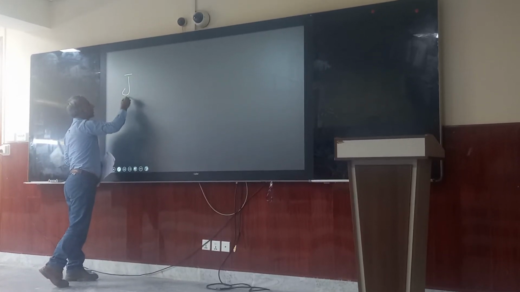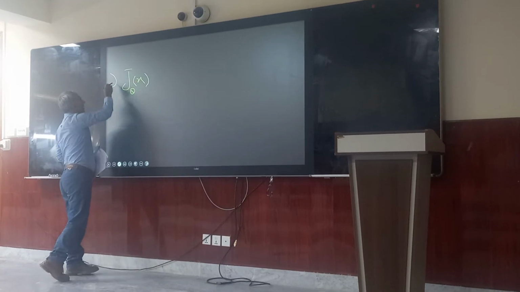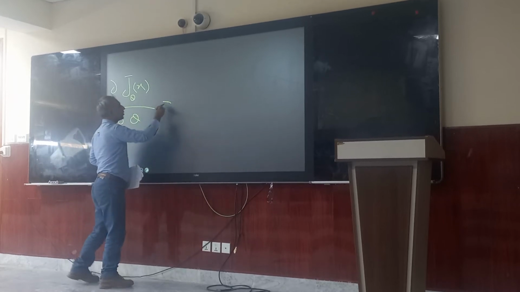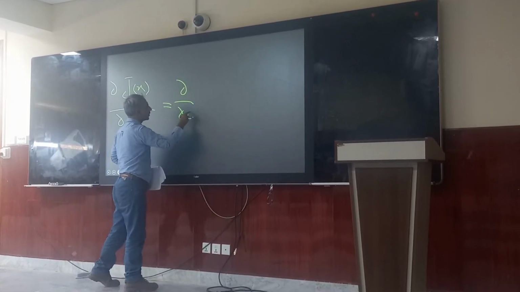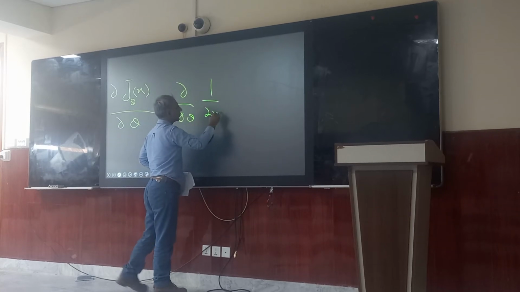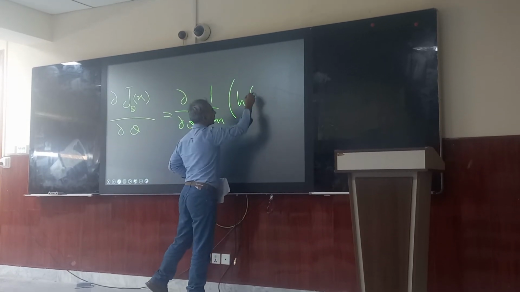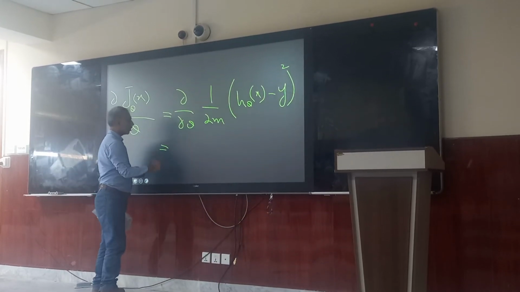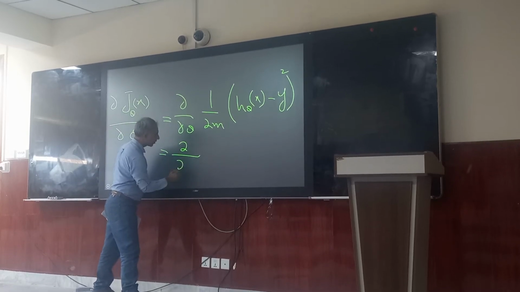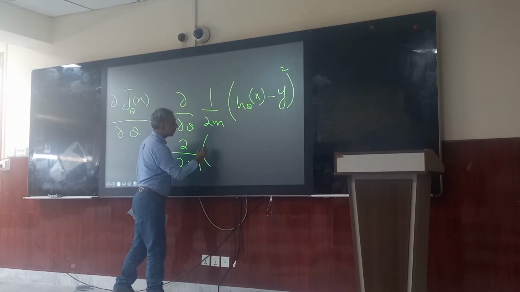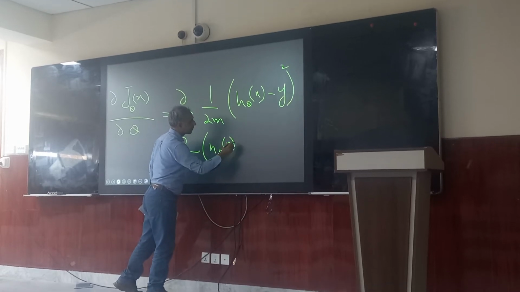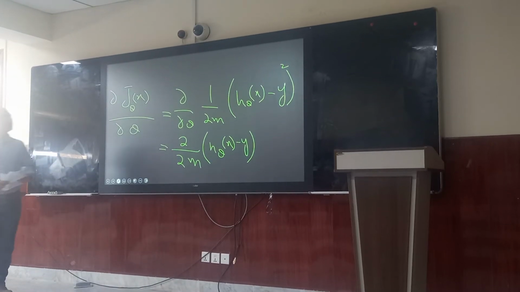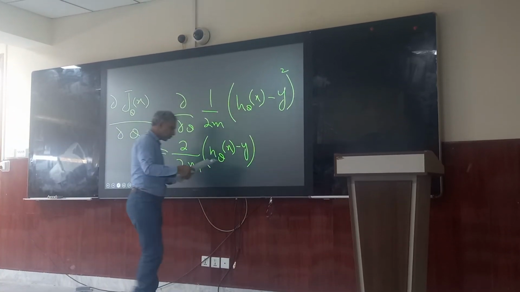Let me go to this cost function. Take the partial derivative. So if both sides, you can say that 2, derivative. Are you getting it? But again you need to take the partial derivative of this one. So in this situation,